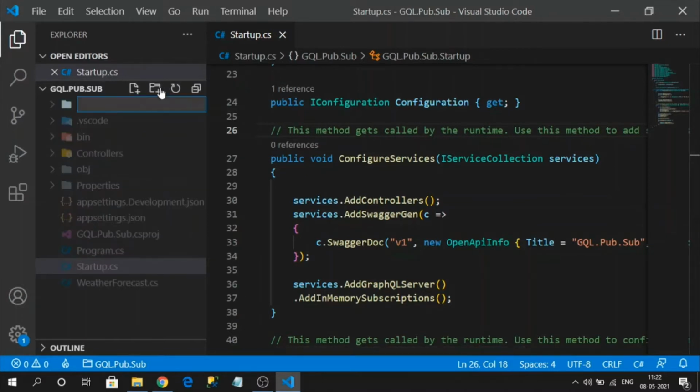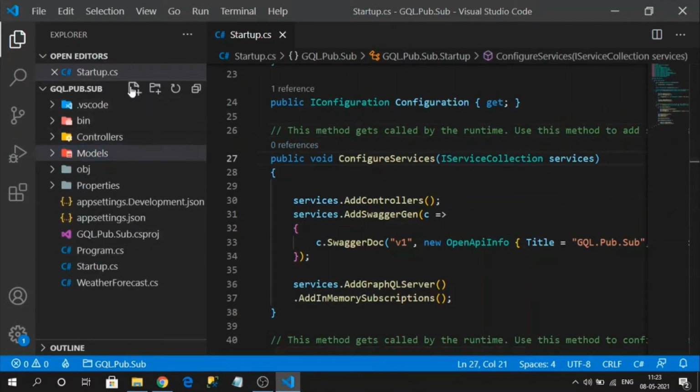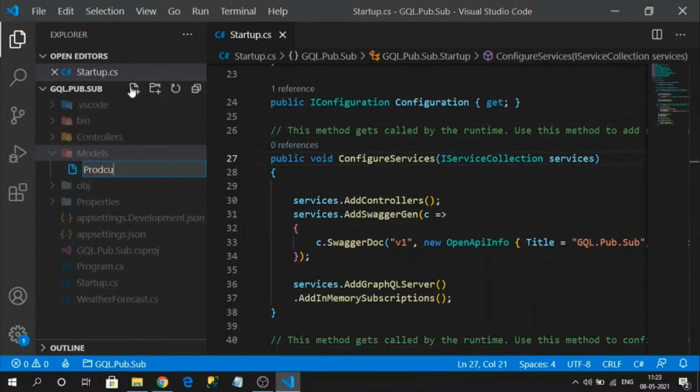So let's create a folder like Models, and inside of it, let's create Product. Okay.